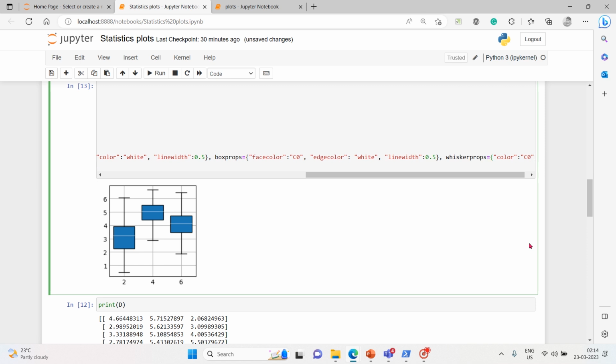After the color, again a linewidth of whisker. I'm going to go with 1.5. So then we have another argument,